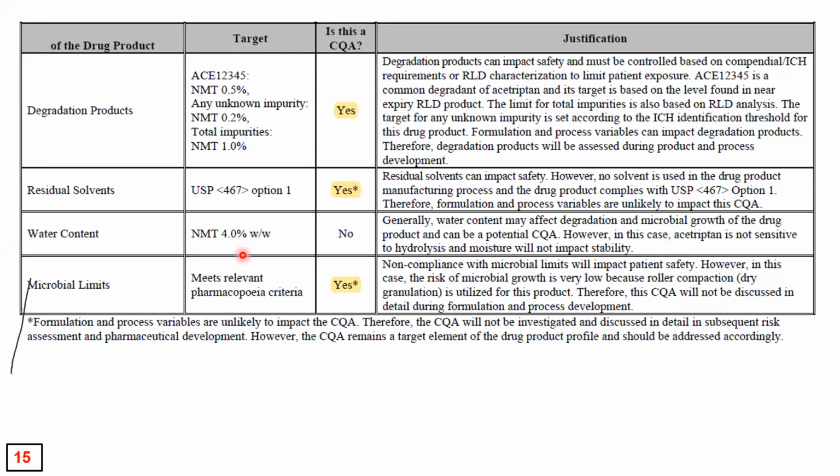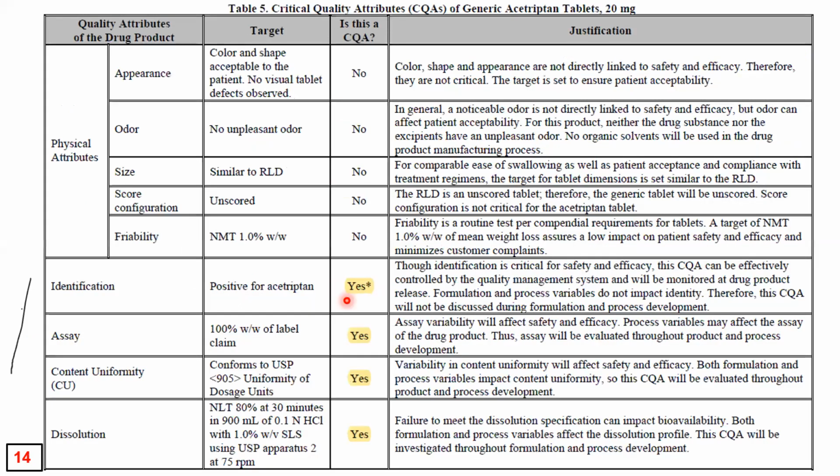So water content is already prescribed here as not more than 4%, and whatever the water is, there is no problem with safety and efficacy. Similarly, the last one is microbial limits. For every product, we cannot say it is 100% microbial free. There is some impact of microbes on the chemicals, and the pharmacopoeia already shows some criteria. This is the range required, and hence if there are any changes in the range which the supplier is giving, which is related to toxicity, that is nothing but a safety problem. So out of which you can see what critical quality attributes they have selected.